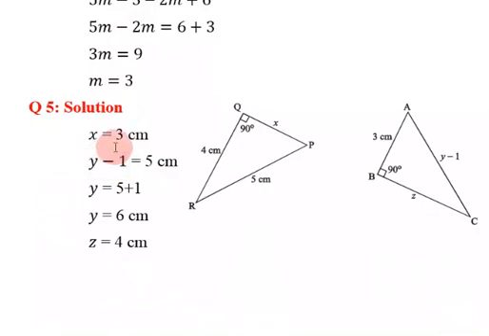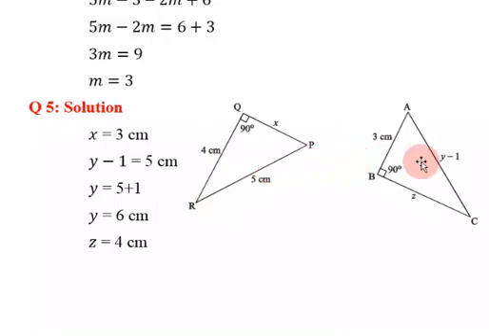It is written over there that these are two right angle triangles, and they are congruent, so their corresponding sides are also equal in measure. So we are watching that QR is the base, or BC is the base. Same way, PR is a hypotenuse, and AC is also a hypotenuse, and AB is a perpendicular, and PQ is also a perpendicular. Okay, so the value of x is equal to 3, because these are the corresponding sides. So x is equal to 3.